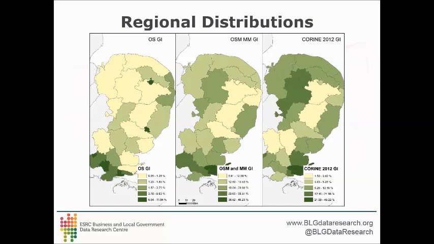So in the left-hand map, you can see the distribution of the Ordnance Survey Green Infrastructure Database. The middle one shows the distribution of our blended Ordnance Survey MasterMap and OpenStreetMap database. And the right-hand one shows green infrastructure features classified from the Corine Land Cover Data